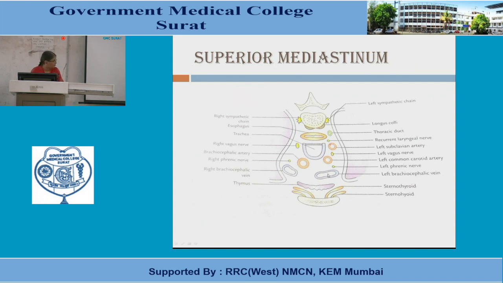This is the left brachiocephalic vein. This is the right brachiocephalic vein. They both will join to form the superior vena cava. This is the left common carotid, left subclavian artery, and between these two there is the left vagus nerve. Between the left subclavian and left common carotid, what you see is the left vagus. Here this is the brachiocephalic artery. So these three arteries are the branches of the arch of aorta. In this diagram, the section has not passed through the arch of aorta itself. It passes through the three major branches of the arch of aorta.